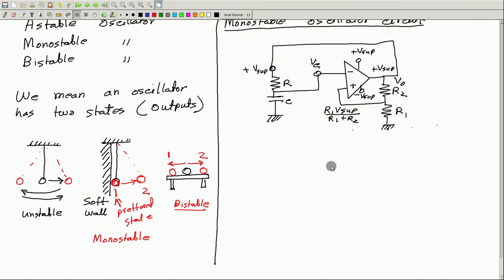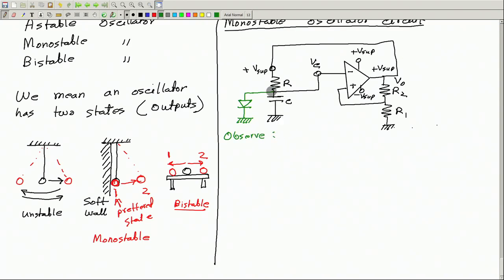What we shall do is put an extra diode. So this is a new thing we are adding. How does it modify the behavior of this circuit? Observe